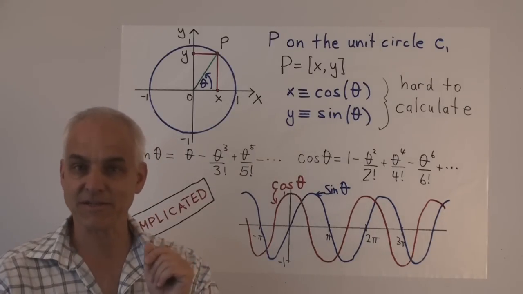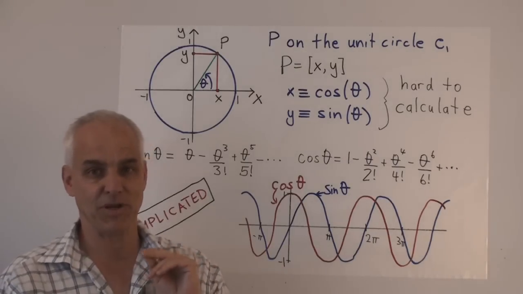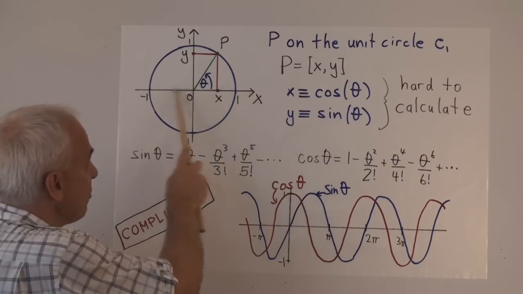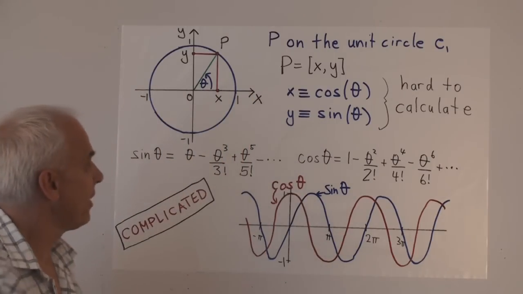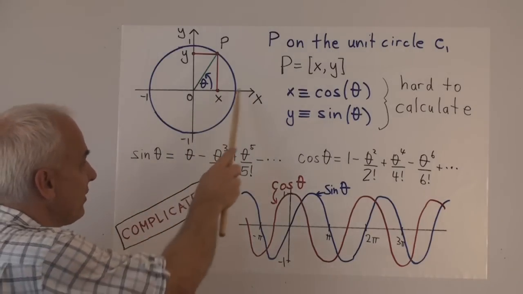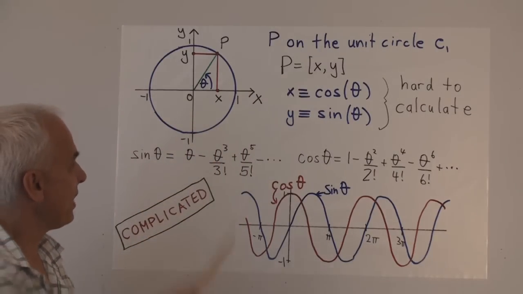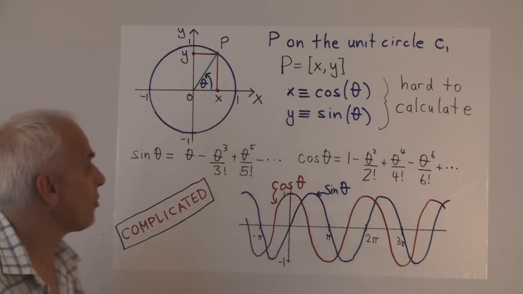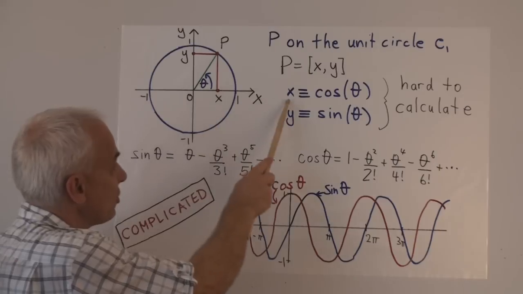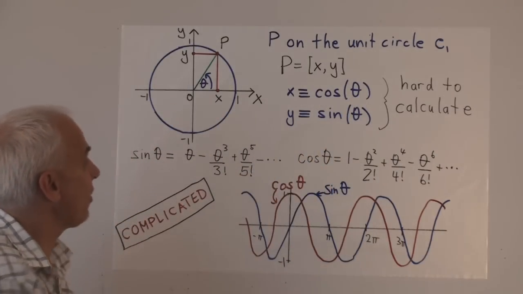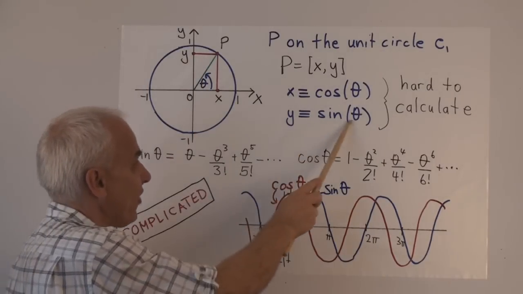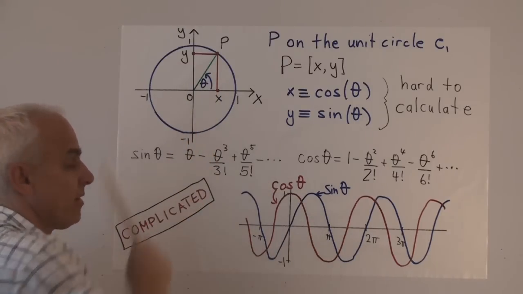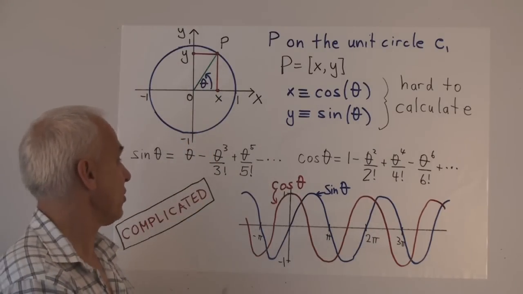Now these are no longer distances, they are coordinates, and there's a big difference between coordinates and distances because the coordinate is changing in a nice way as you move along here, while distance is not. Coordinates can become negative, while distance is always positive. But it's the actual coordinates that are involved now, so we've made a conceptual change from distance to coordinates. And this coordinate x is called now the cosine of the angle, and the y is called the sine of the angle. And that's valid for arbitrary angles, even up to 360 or 2 pi.